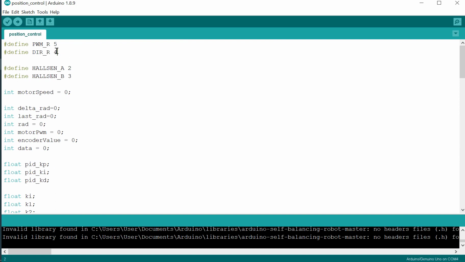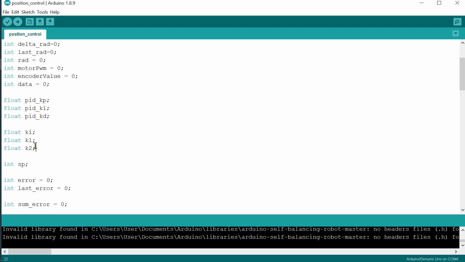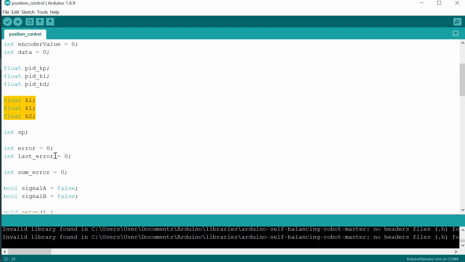So I use the motor driver from the IRF MOSFET, and then this is the configuration for the pin. This is the configuration for the encoder sensor. This is the parameter. This is for the PID, and this is for the integral state feedback.